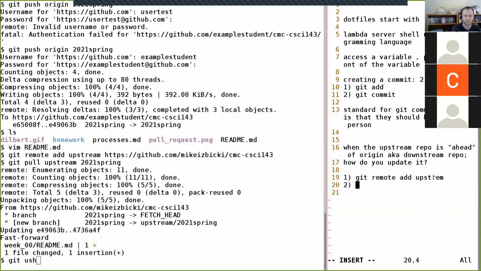So you start with the git remote add upstream. And let me spell upstream correctly. And then it's git pull upstream branch name. So I just did 2021 spring. And then it's git push origin